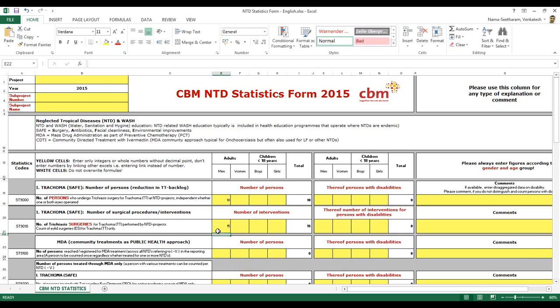So this is the logic. You see the same persons count and surgery count in the other form also, because for these TT surgeries there was a special request by the NTD advisors that they report both on the persons as well as the surgeries. So it is included in the other form also and here also. Here only the 13 selected NTD projects will be reporting their persons as well as surgeries count, and all others who are doing these TT surgeries will be reporting in the other form, because they will not be getting the NTD form.